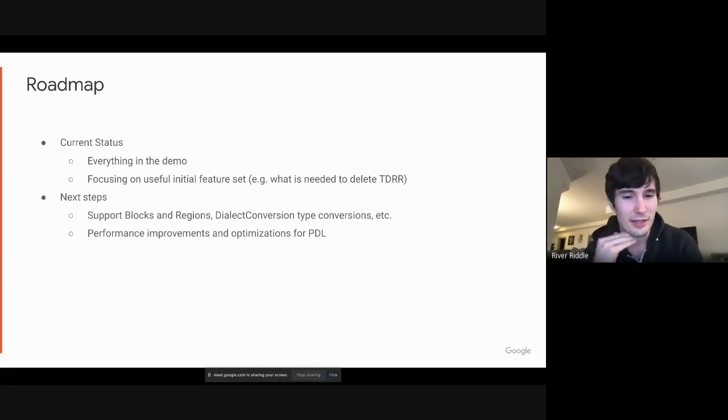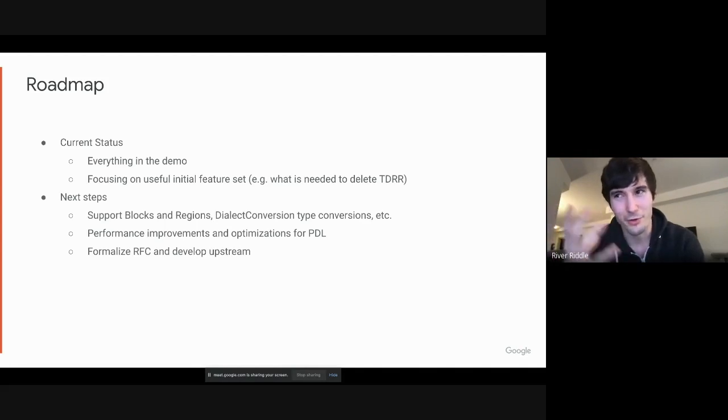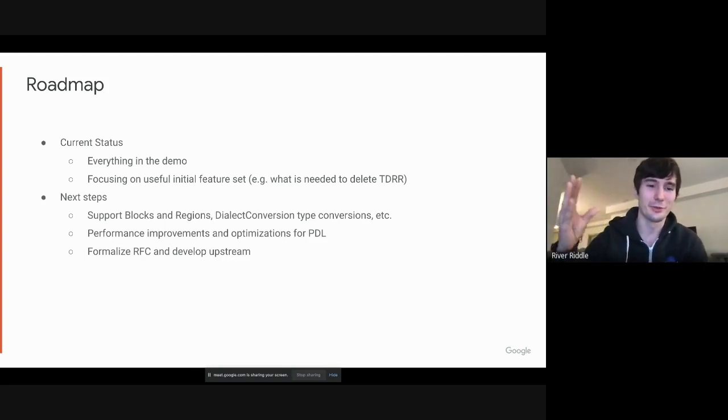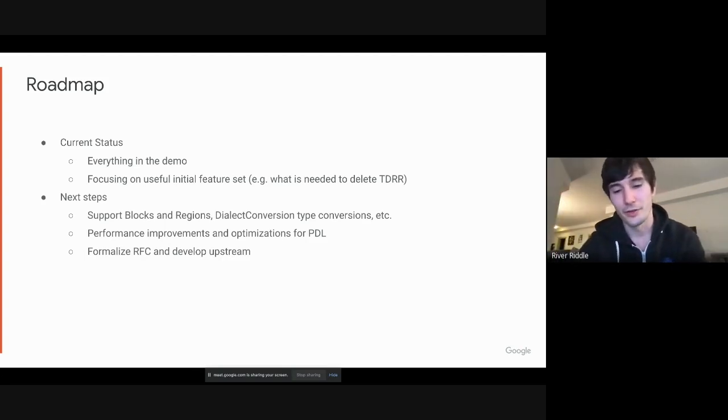And this also applies to making sure that PDL itself is optimal, or at least not slow, because PDL compiles at runtime. So it's kind of important. And that goes into this, which is to give an introduction to the language before we formalize an RFC and develop upstream, because we don't want to have a huge drop of code. And also want to make sure the community can factor in things like